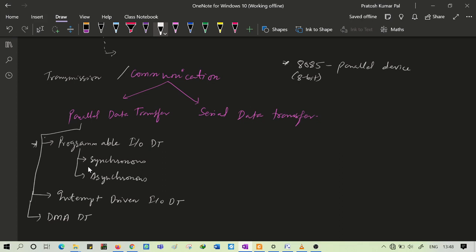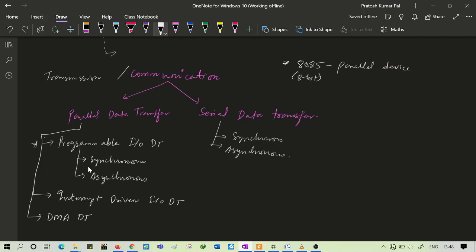In case of serial data transfer, it is basically divided into two types. One is synchronous, another one is asynchronous.